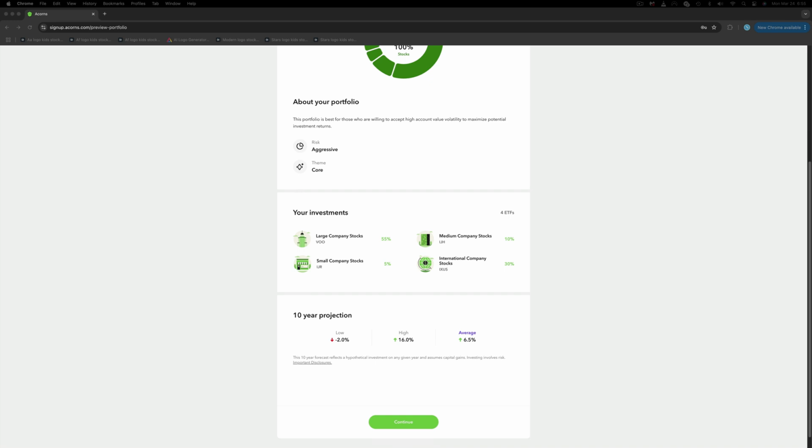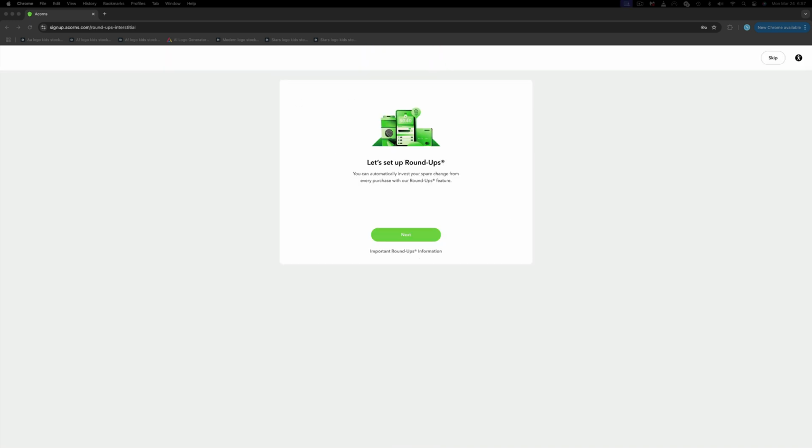Now that we have our portfolio ready, we can move forward and enable roundups. Basically, every time you pay something from your account, Acorns will round the bill to the closest dollar amount and it will invest the difference. For example, if you buy a coffee for $5.29, Acorns will round it up to $6 and invest 71 cents